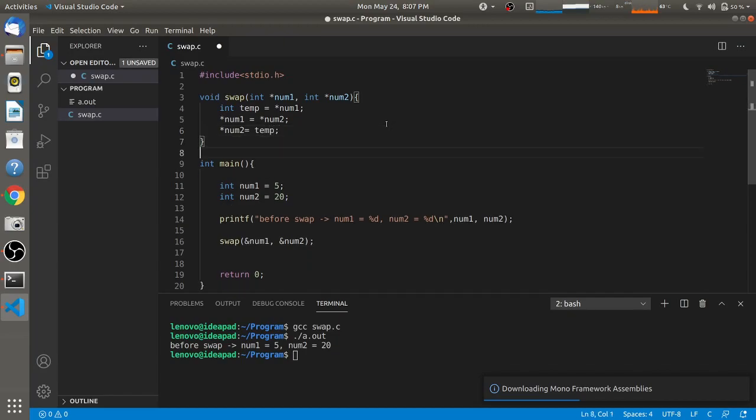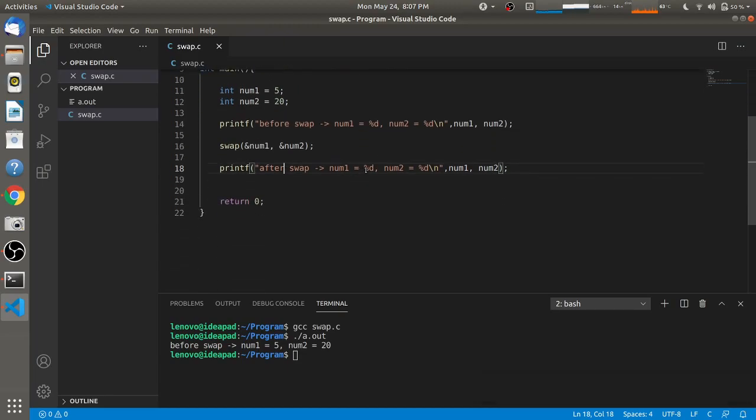So after calling this function, we will again print the value of num1 and num2 using the same printf statement. We'll just change some part of it, that is after swap. And if our function is right, then we'll get value as num1 equal to 20 and num2 equal to 5, as we are calling swap function in between these two printf statements.